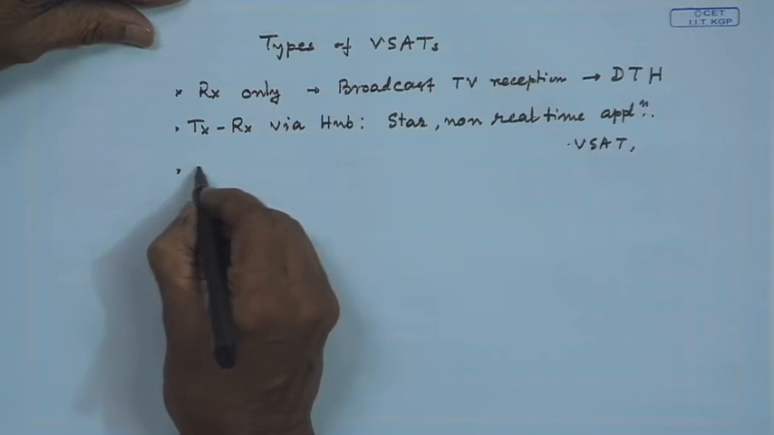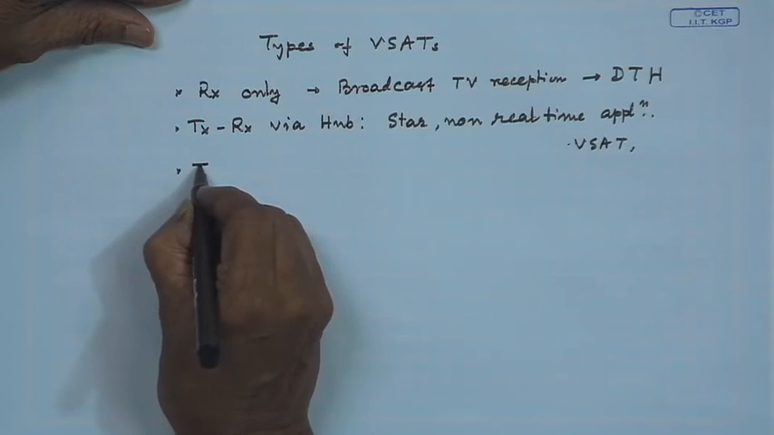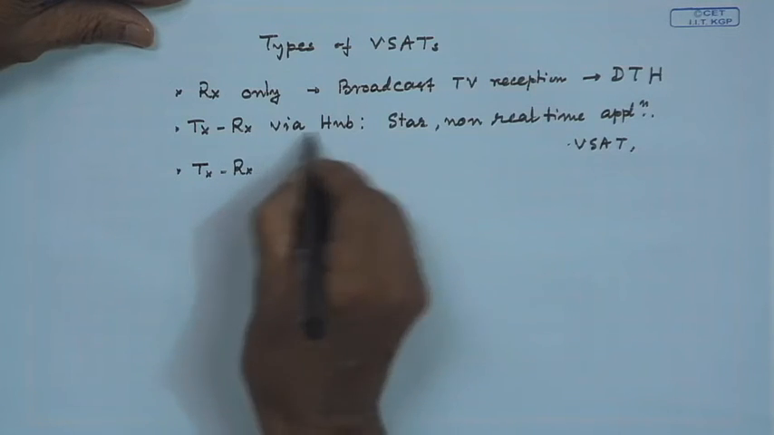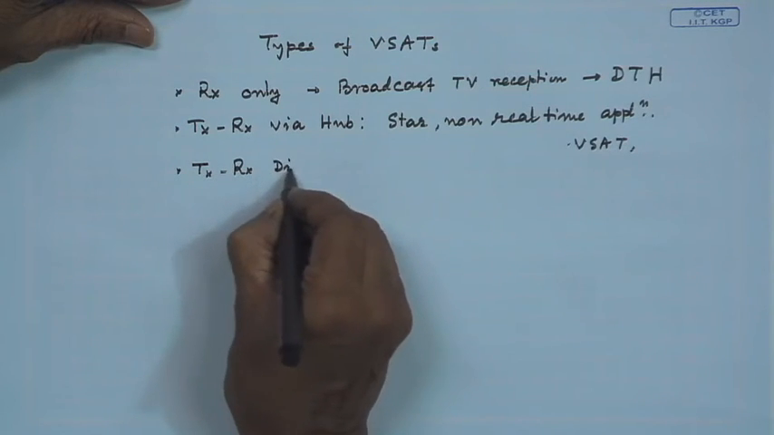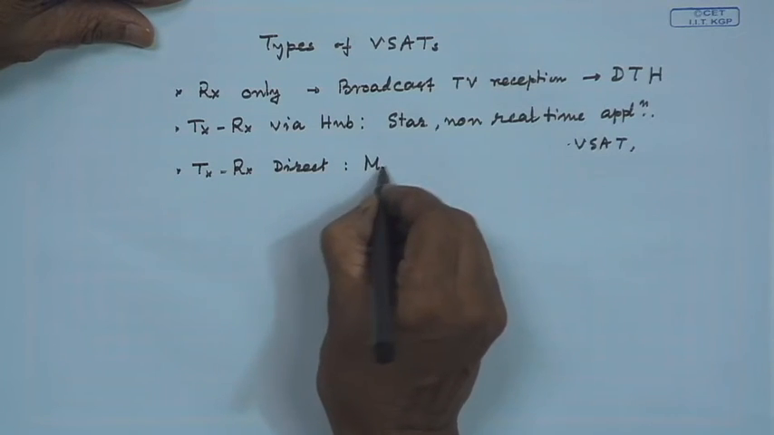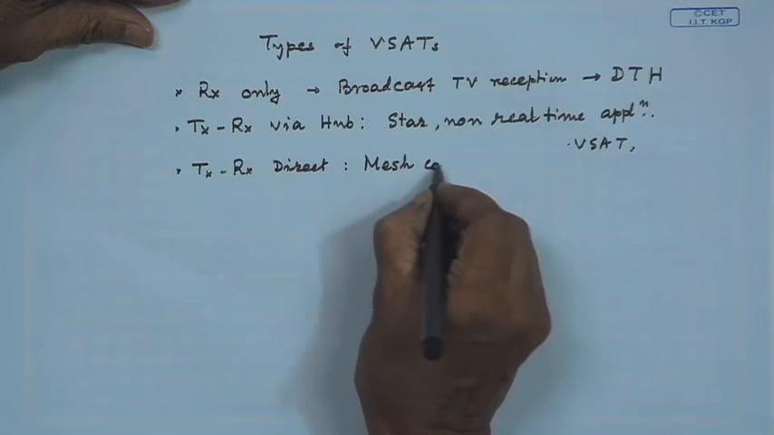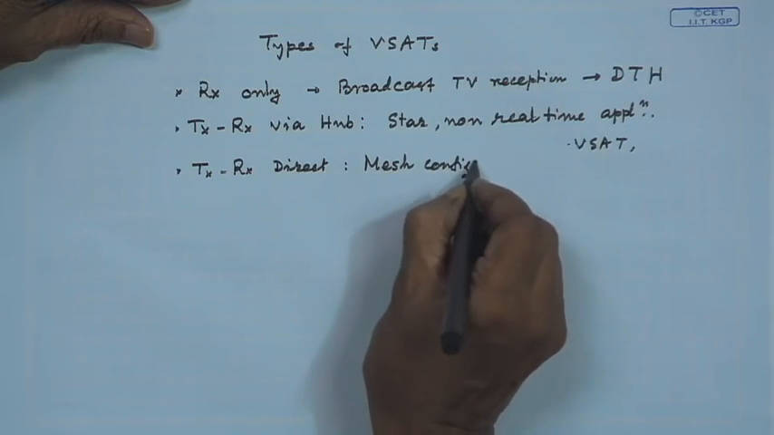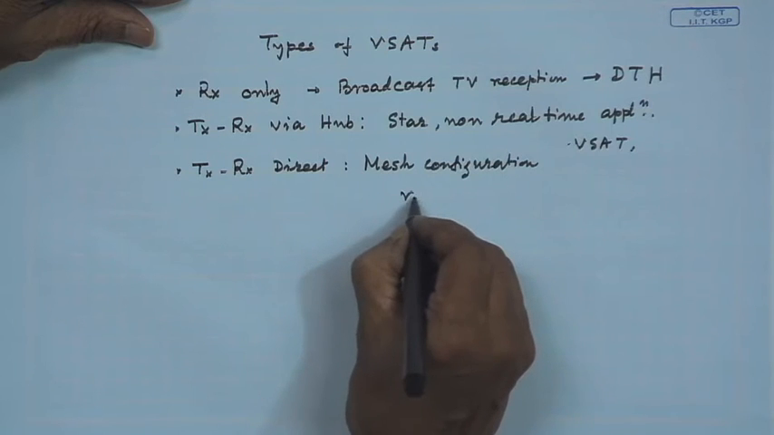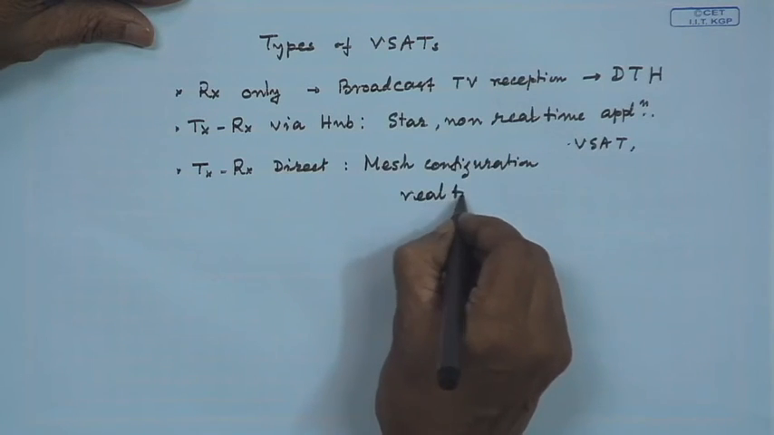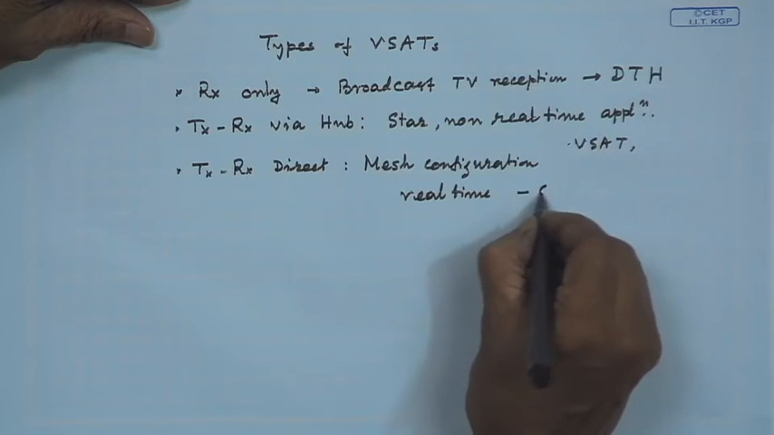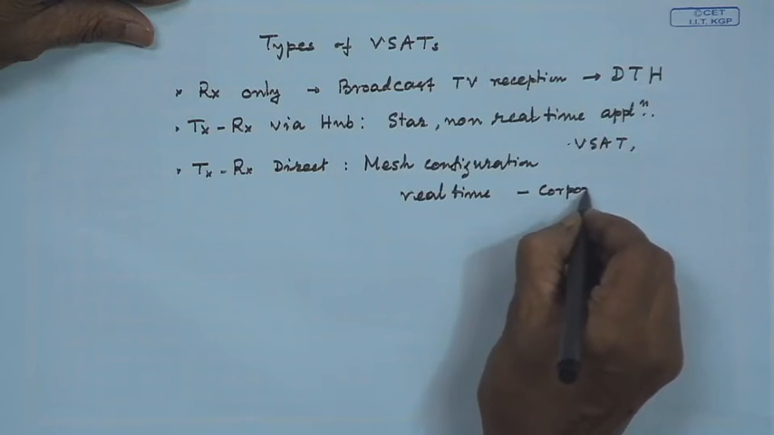Then another thing is there, that is transmit and receive not via hub but direct from VSAT to VSAT, that is in mesh configuration. And this is real time because it is going in one single hop. This is for corporate networks